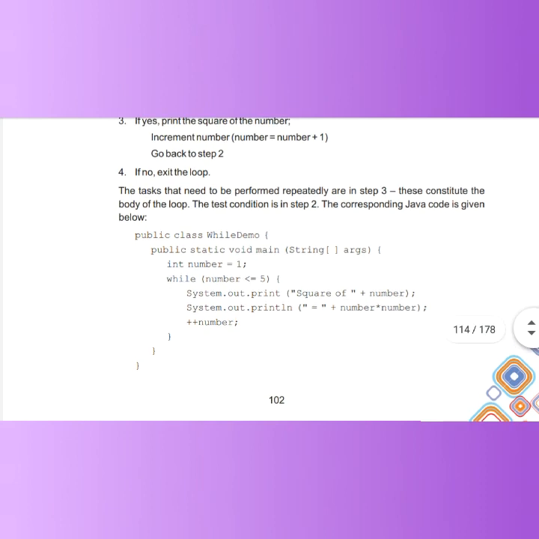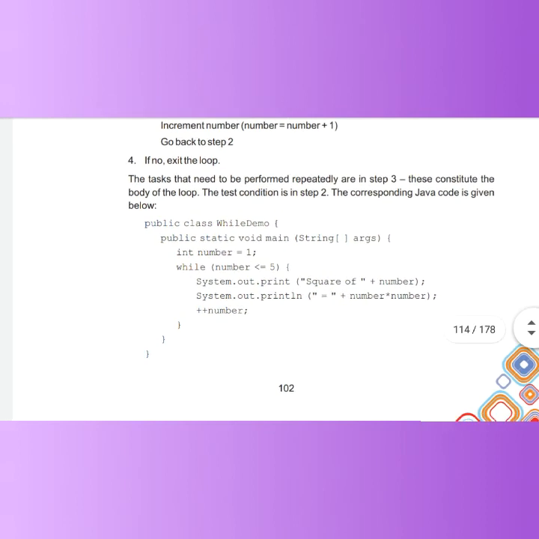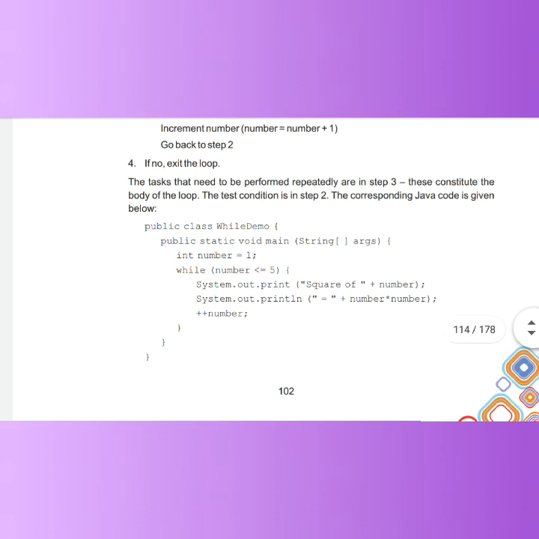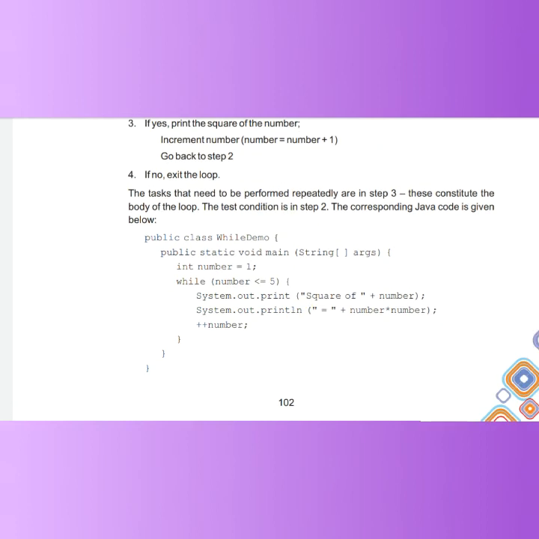Now again we will come to the while condition and 3 is less than 5. Yes, so again this statement will get executed, and this will keep on executing till 5. Because when the number becomes 6, the condition will be checked: 6 is neither less than 5 nor equal to 5. So here the loop will exit and it will show the output only till the square of 5. Okay, so it was all about the while statement.